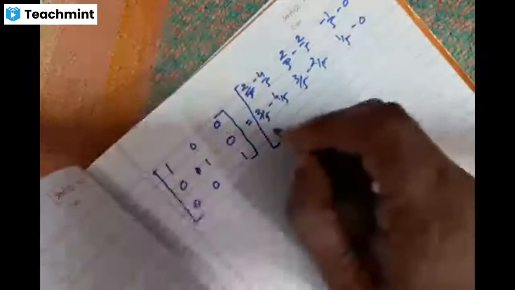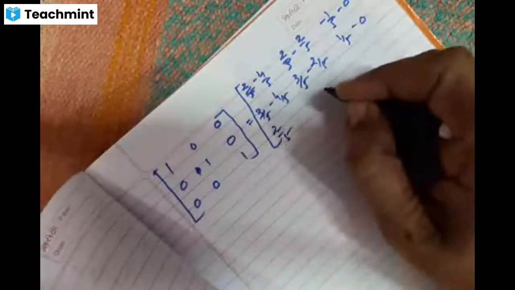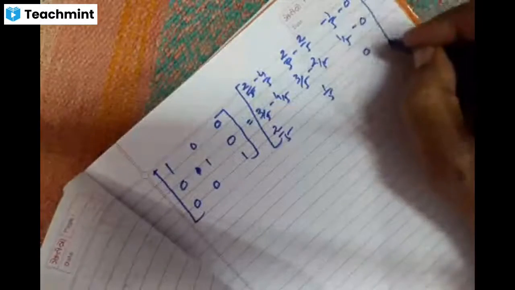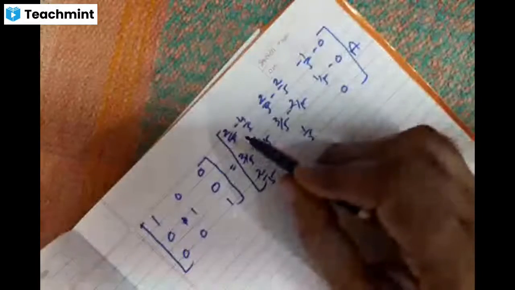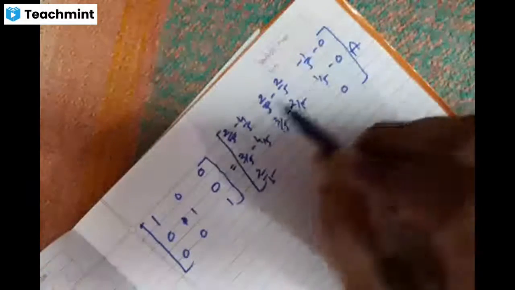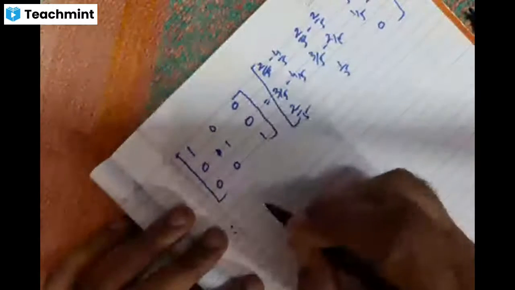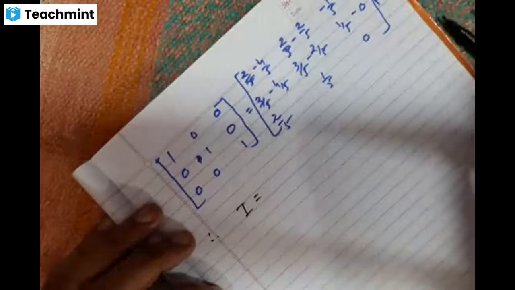And the third row as it is: 2 upon 5, 1 upon 5, 0 into A. Whatever subtraction I am doing here, friends, you can do it orally, no problem. But I have done it because of turning off the page, so you can get the idea how I am doing the subtraction. So this side is already I now, it is equal to,